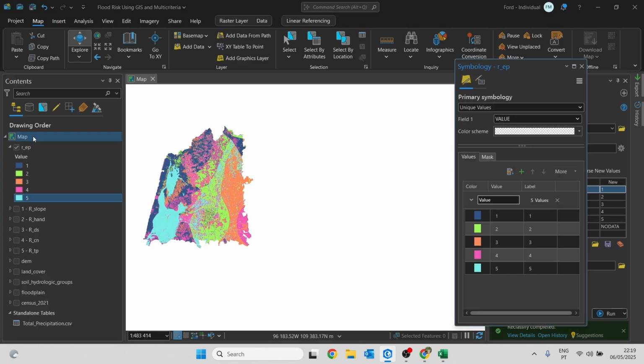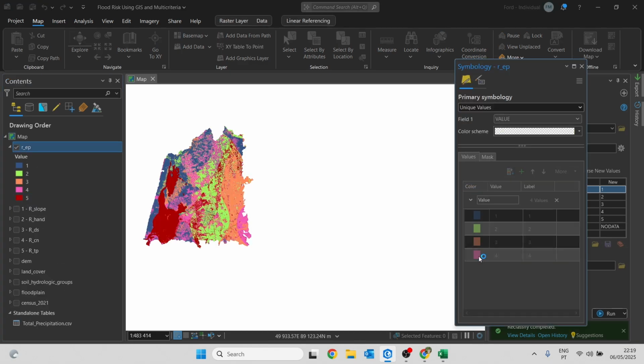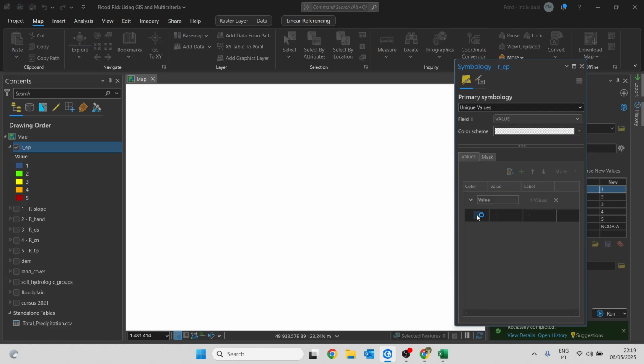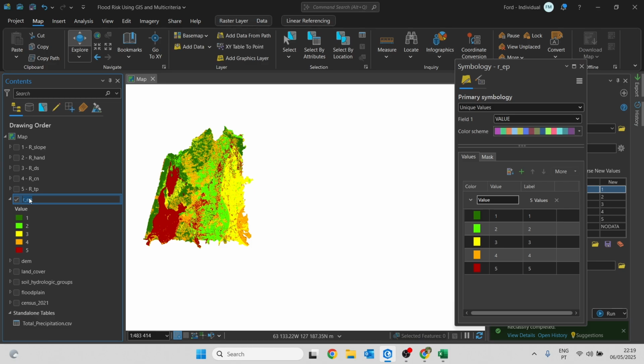Once again, let me just change the symbology to match the other results. And then we just need to set the floodplain as we...